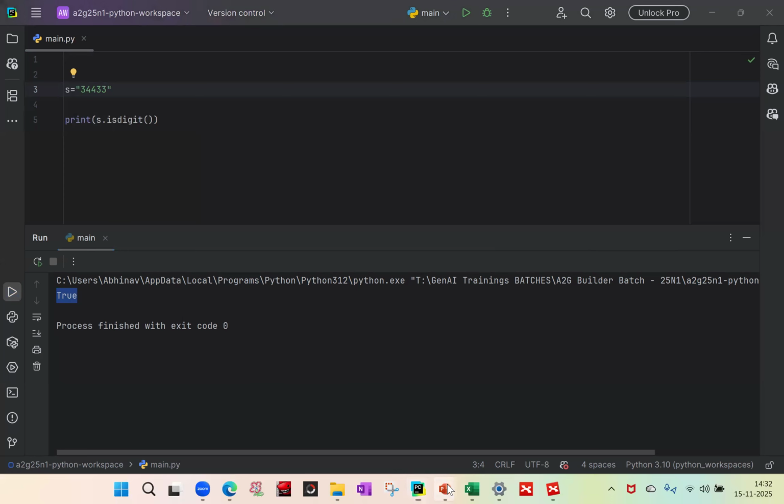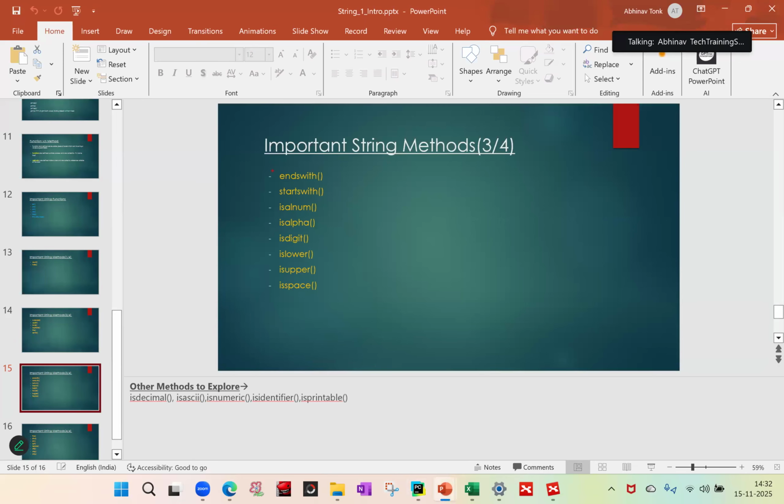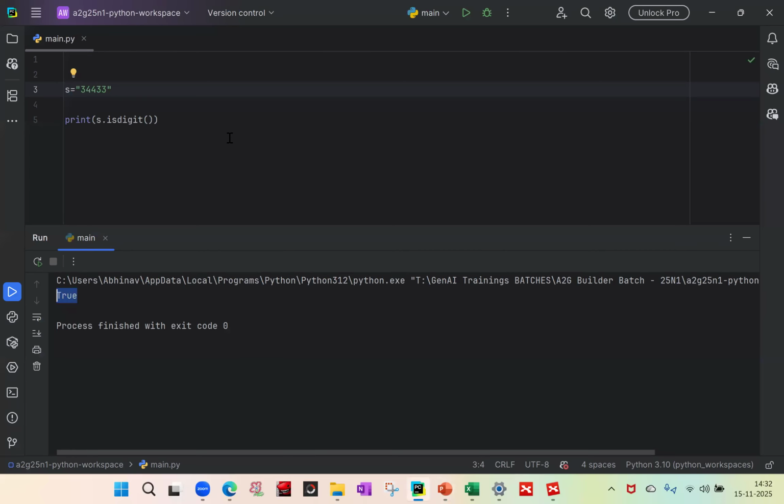So how many methods have we seen so far? Ends with, starts with, is alnum. These many we have seen, right? Now the next set of methods we'll see are is lower, is upper, and is space. Let's see these methods. So is lower, let's say